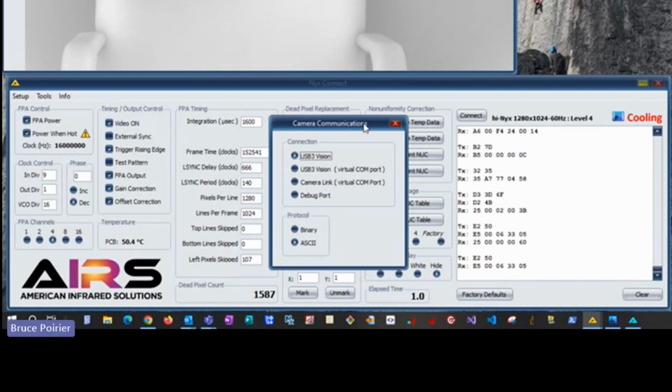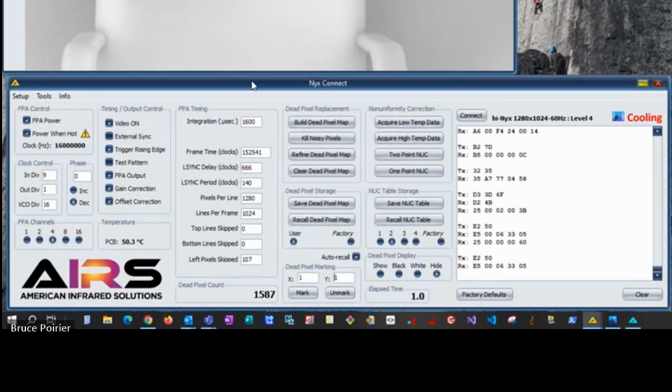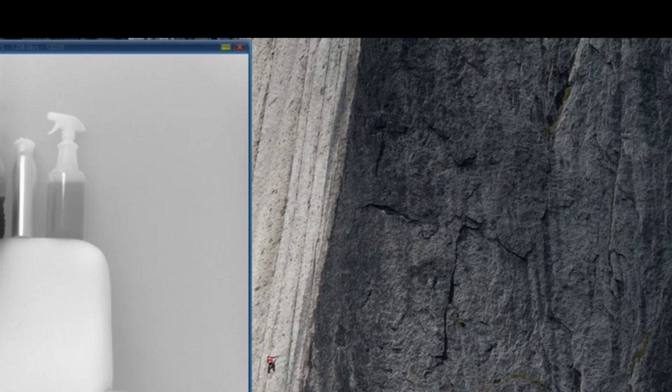So that's the camera communications. And this is something you typically decide once. If you bought a USB 3 Vision version of the Nucleus camera, you would click USB 3 Vision here, and then you'll probably never open this again. And the last thing here is